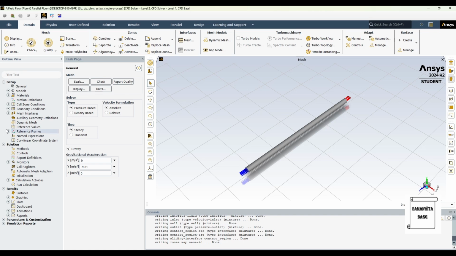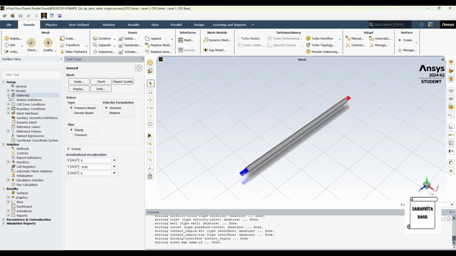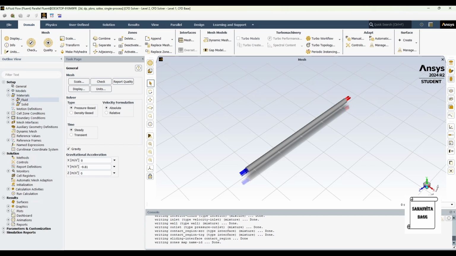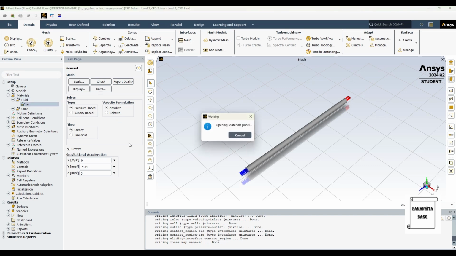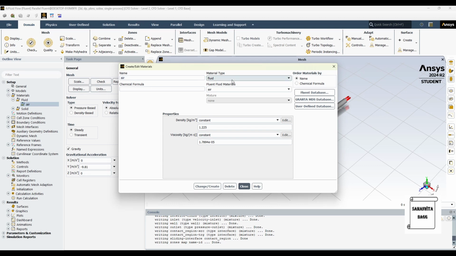Now I'll come to the left side. The first thing is in models. If you want to give any property from here, you can give it. If you don't want to change any property, then you can go to materials, which is the important part. We will first go to fluid, double click on air, and we are going to change the fluid.